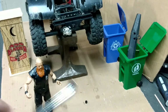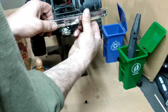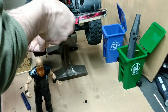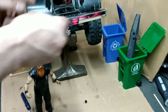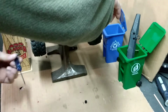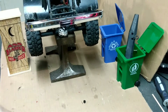Alright, now I'm going to go ahead and put the bumper on. I'll just slip this back onto the mount here. Okay, get that snapped in place there. And these screws mount from the back side, so this may be a little bit tricky getting that mounted. Just getting a driver in there, you're going to need something stubby, or you might even have to resort to the L-shaped wrenches that everybody hates, because you're going to have a hard time getting your actual drivers in there. But once you get that on and tightened up,